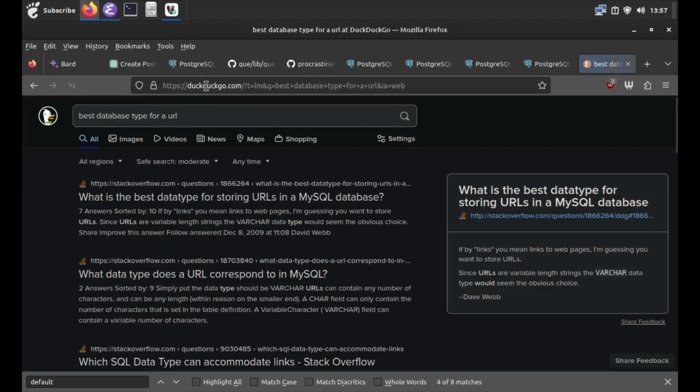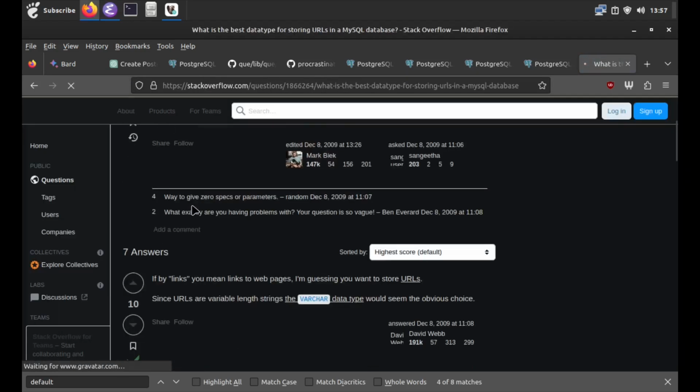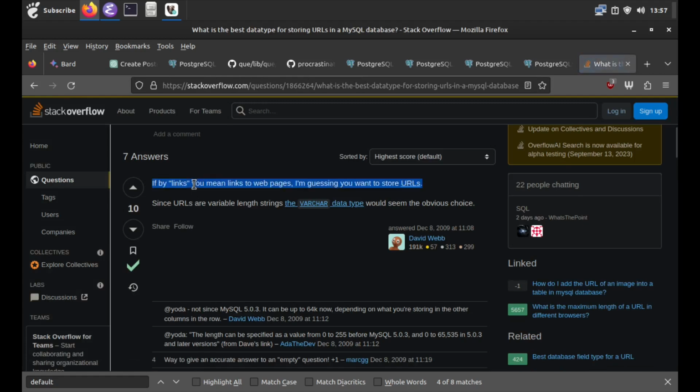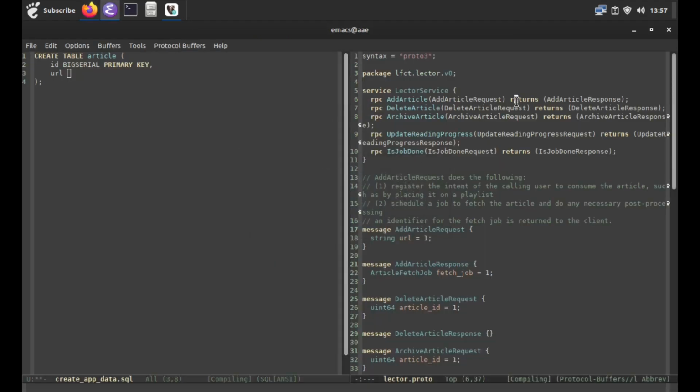If by links you mean links to web pages, I'm guessing you want to store the URLs. Yeah, varchar. Okay, so I forget the varchar syntax, but we'll figure that out. So a URL, maybe all the created at, updated at,